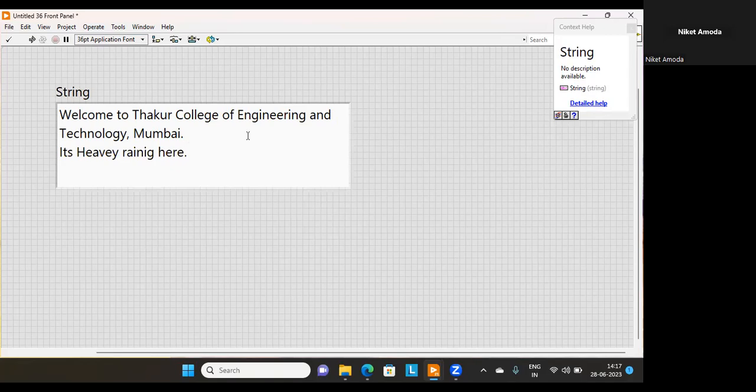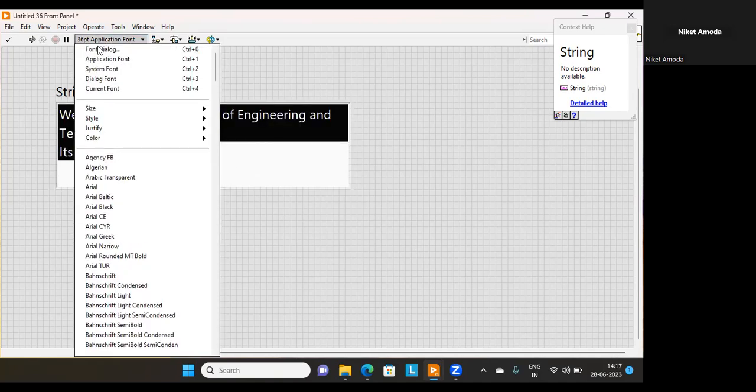Okay. So I have given one message: welcome to Thakur College of Engineering and Technology, Mumbai. It's heavy raining here. So some message I have written. Now I want this message to be